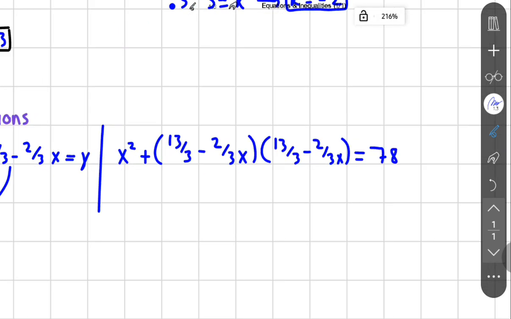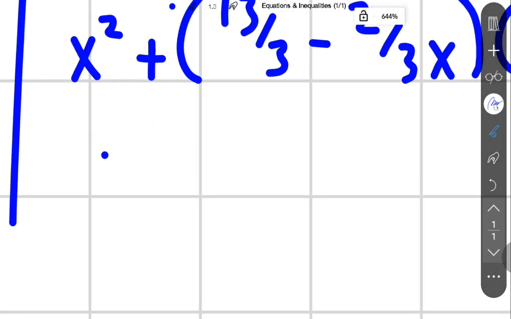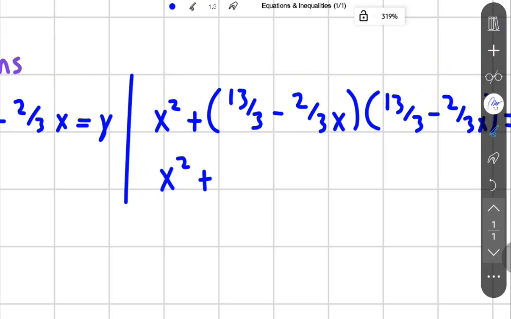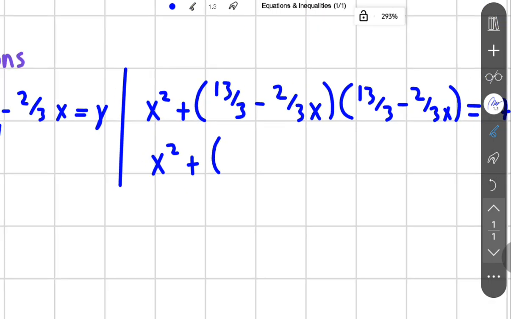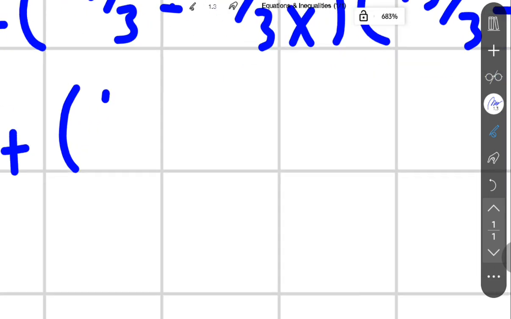What we have to do first is expand the brackets. So you have x squared plus, and I'll write this in normal quadratic form, so I'll write the x squared as the first term. So basically 2 over 3 all squared, because the negatives either way will cancel out, so I can just calculate it as if it's a positive term. We have 4 over 9 x squared,